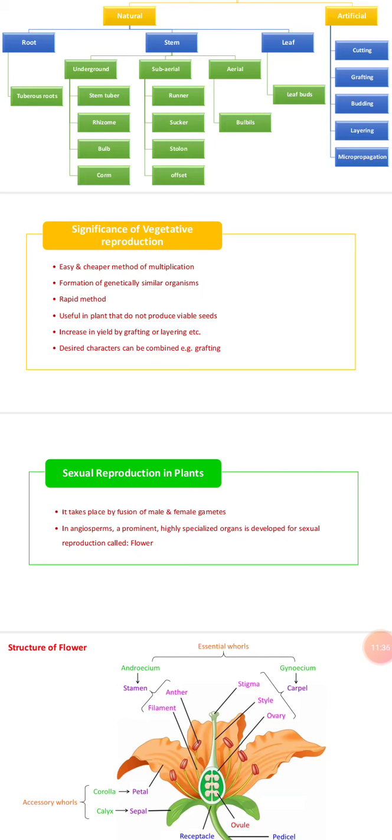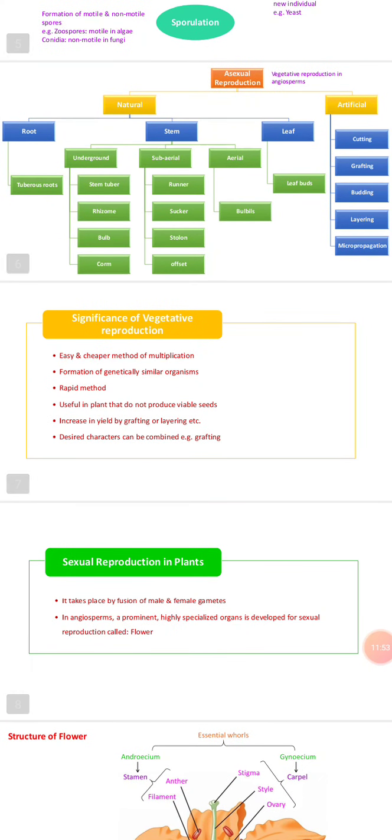Okay, at the knot region, if you cut it properly and pot it, then a plant may arise. Bryophyllum is an example, where vegetative propagation takes place with the help of the leaf. Among the artificial methods are cutting, grafting, budding, layering, and micropropagation. Cutting, grafting and budding are normally used in horticulture and in nurseries, especially to increase the yield capacity of different crop plants.